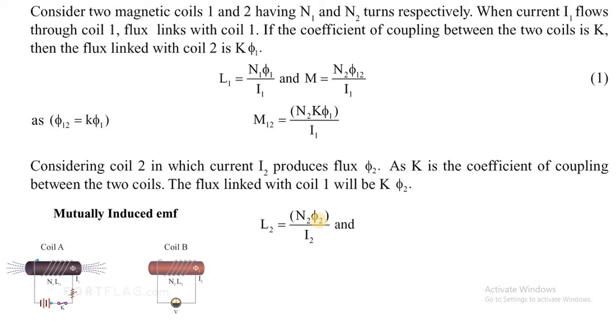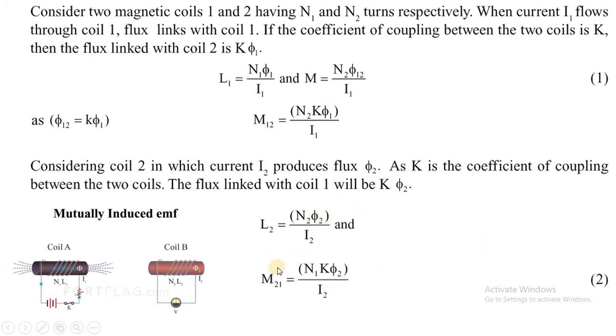Now we want to find out the mutual inductance. So for which coil will we now find the mutual inductance in the second case? Where will we have mutual inductance? In which coil? Coil 2 or coil 1? Coil 1. Very good. So now how will I find it? We want to find M of coil 1, or the mutual induced EMF that is going to occur in coil 1.